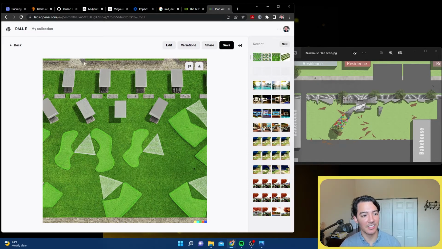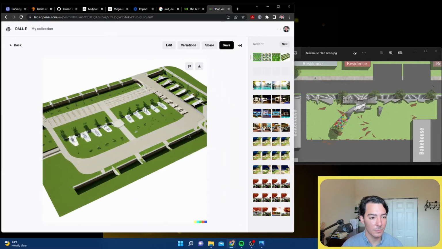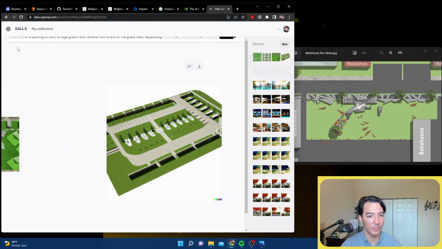So it's got a sidewalk and then rooms that are rectangles, not trapezoids. And then it's got like triangles on the lawn. And then grass areas. And then this one's not plan view either.